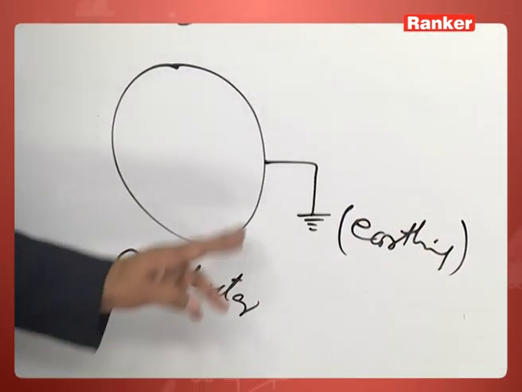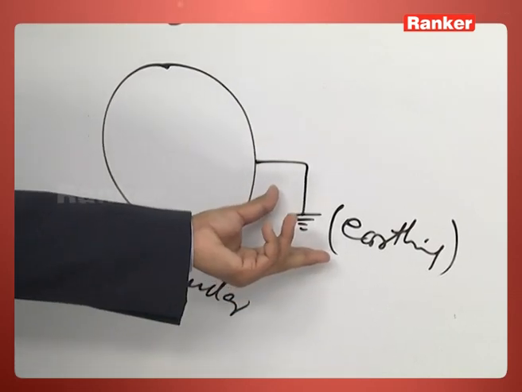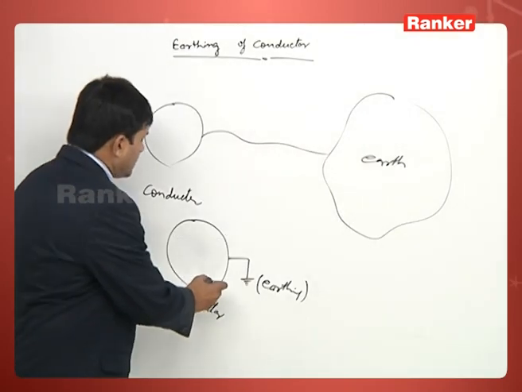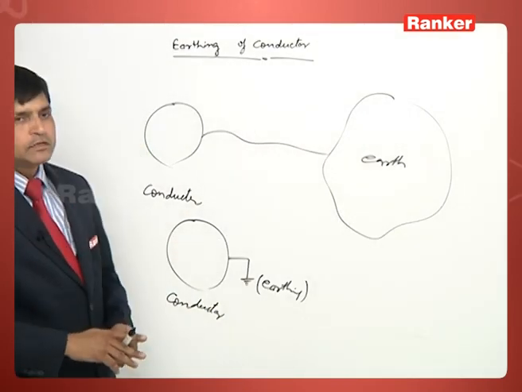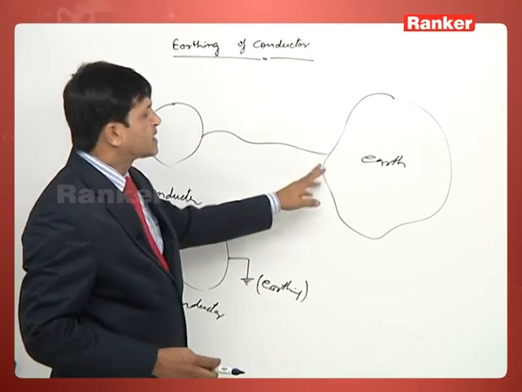Earthing means a connection of this conductor with the earth. So this is the symbol we are using for earthing. Now, if a conductor has been earthed, the main point is that not only earth, if two conductors are connected to each other with a conducting wire,